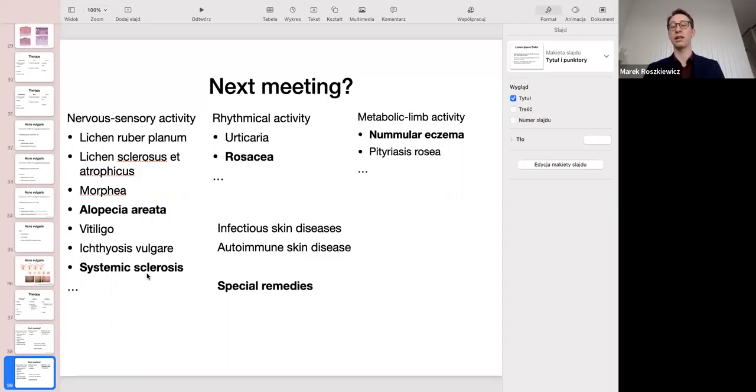So that's why I would just quickly show you how you can understand systemic sclerosis also, and maybe if you have the wishes to go into more special remedies for the skin. We saw silver, and in skin it is very often used, but there are some preparations, for example, Dermatodoron from the Rudolf Steiner indications, and it is like a basic remedy that you can use when you, for example, don't know what as a basis.